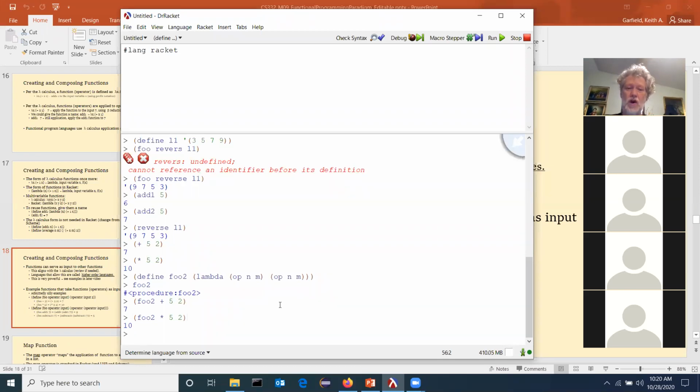This is one of the reasons why functional programs can be so short, because instead of writing out long functions that differ, yeah, well, in this case they do because I'm using the plus sign and I'm using the times,